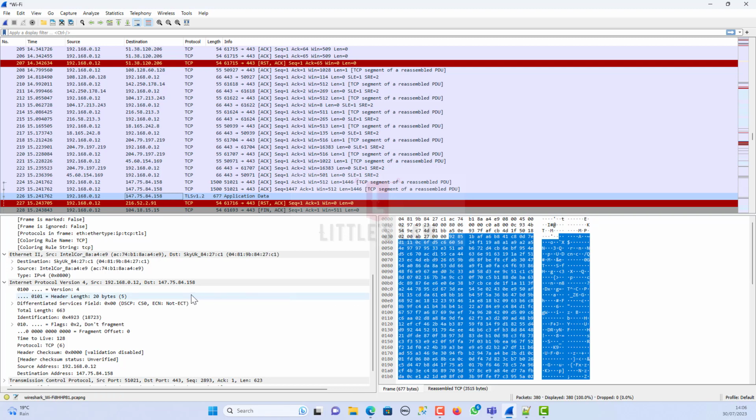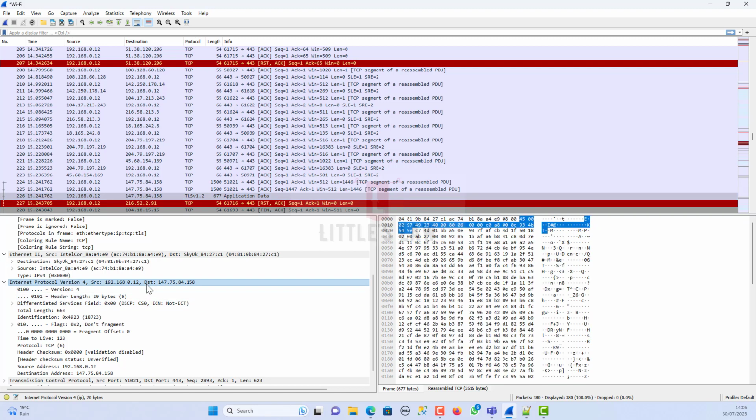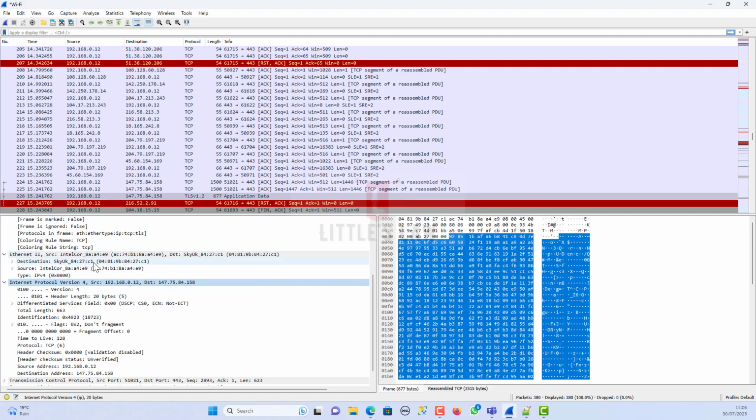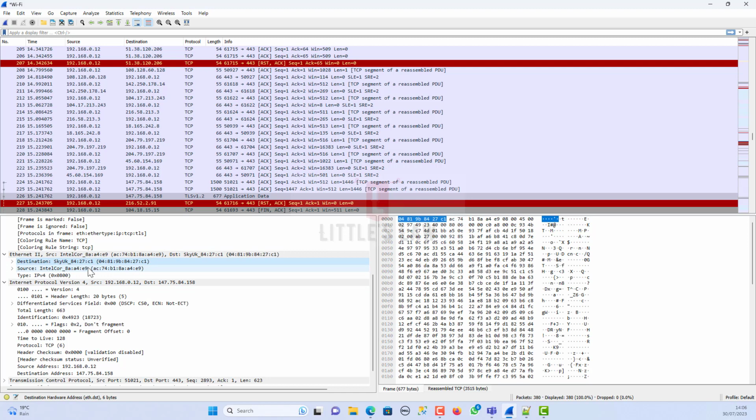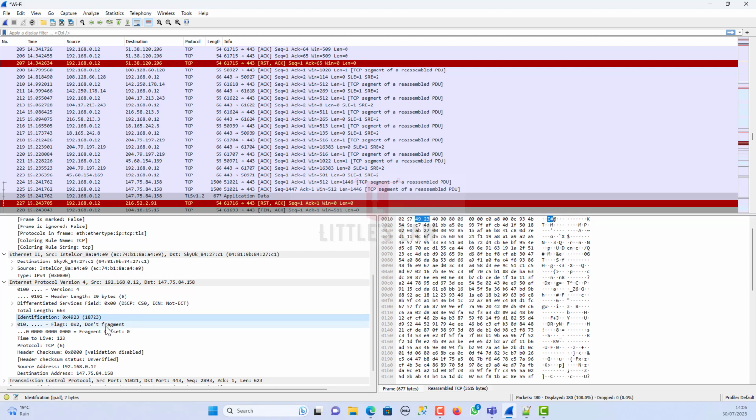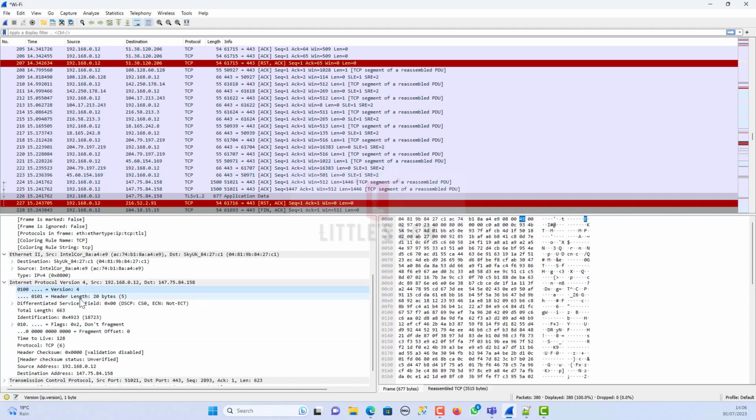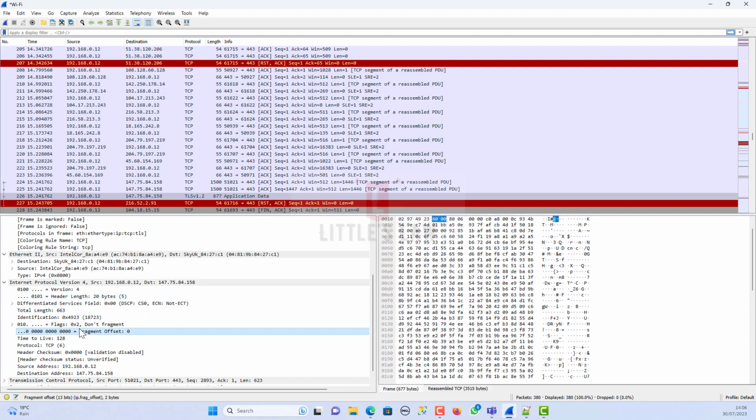the packet details pane, and the corresponding data in the packet bytes pane gets highlighted. If I click on a particular line in the packet details, it automatically highlights in the packet bytes pane. In the same way, if I click on different packet details, the packet bytes pane changes automatically. It's like having a magical flashlight: whenever you point in the packet details pane, the corresponding data lights up in the packet bytes pane.